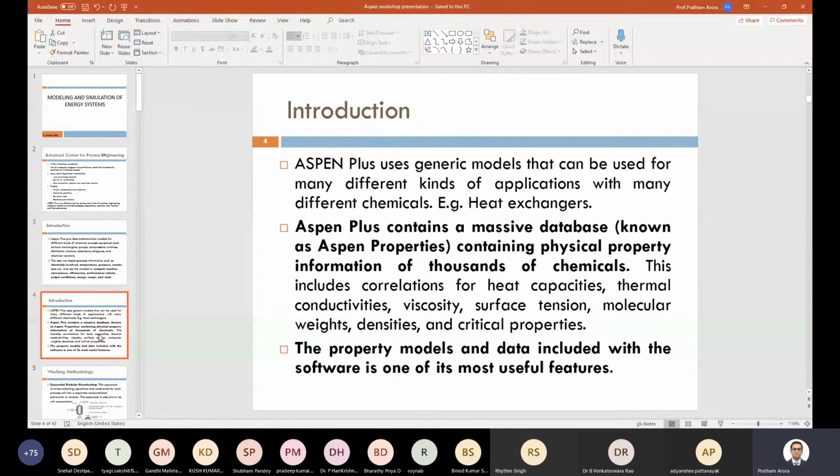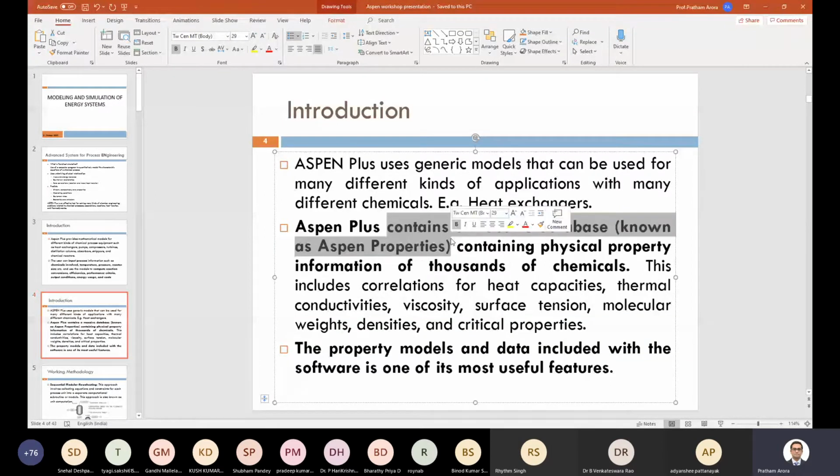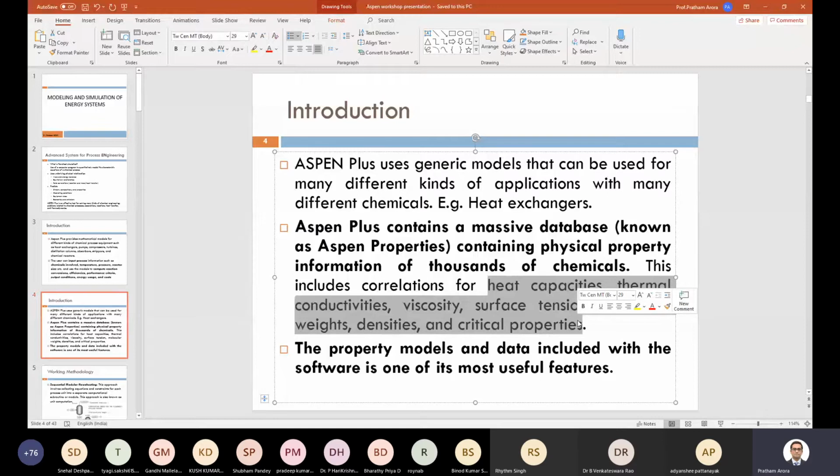Now, how does Aspen do it? It uses generic equations, and you can change those equations if you need. The best part of this software is that it has a massive database known as Aspen properties, which comes with the software. What this database consists of is the heat capacities, thermal conductivities, viscosities, surface tensions, and various correlations for